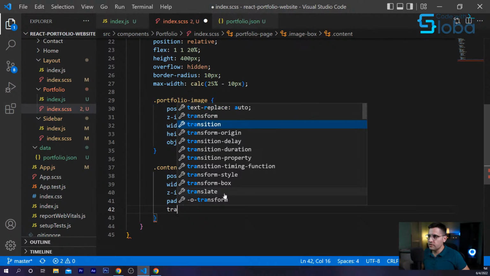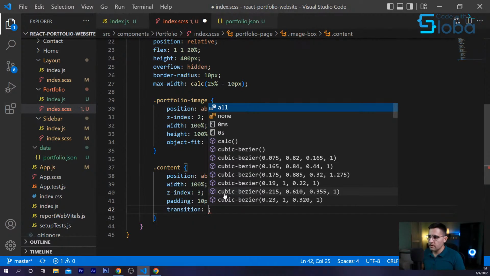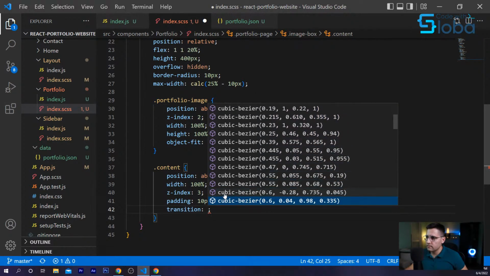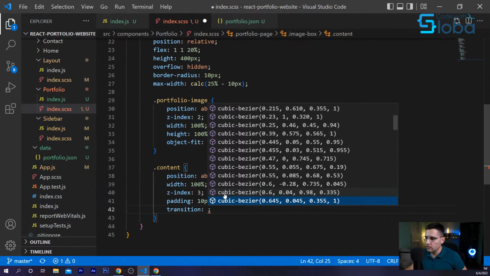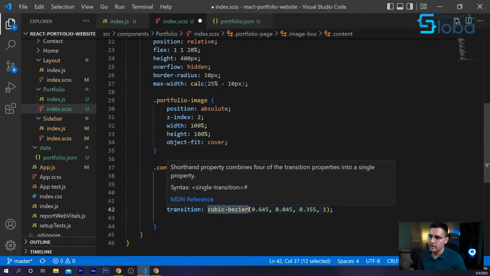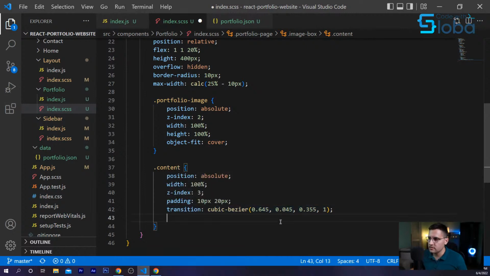Let's add some transition because, like I said, we're going to have some hover effect. We have some predefined on Visual Studio Code. Here's one, this one. The cubic Bezier method basically is going to give you that nice smooth transition, so you're not just going to get some strange changing positions.